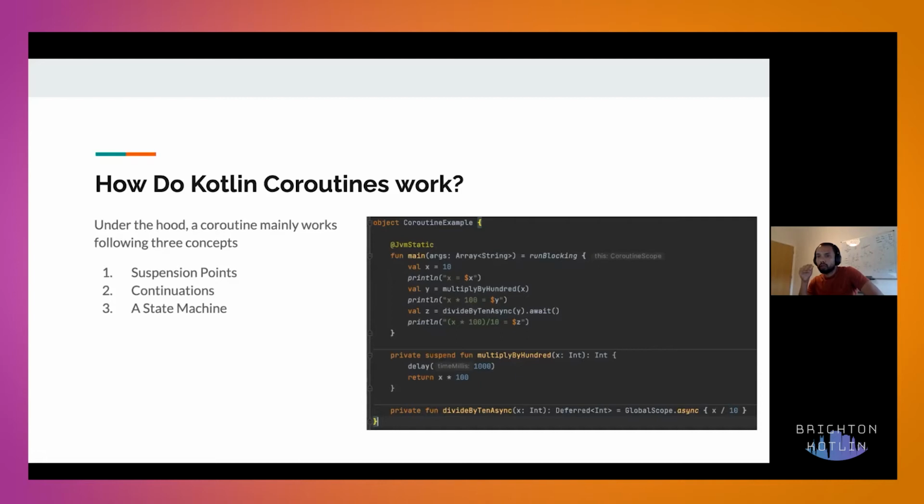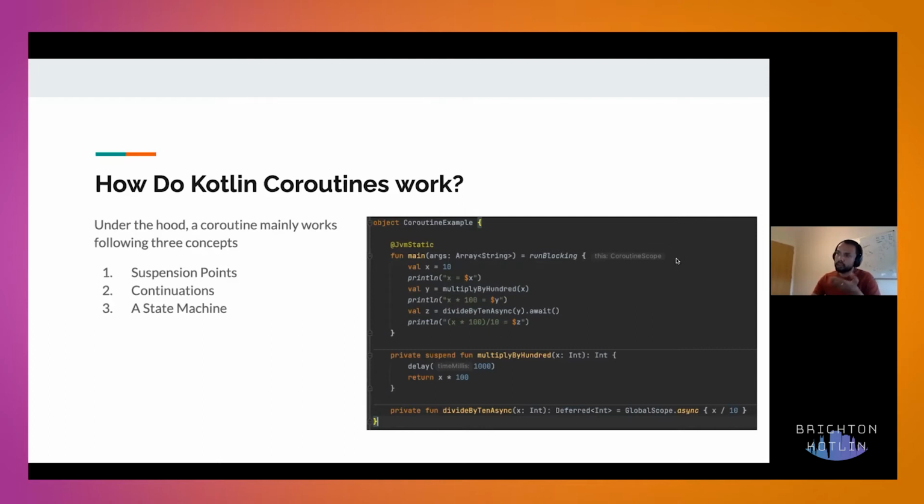One is called suspension points. The other one is called continuation, and we will have a state machine. Based on these three concepts, Kotlin coroutines achieve cooperative multitasking. They just manage each other, they don't get blocked, they get suspended, but they get resumed later. All these nice features come to life because of three main concepts.